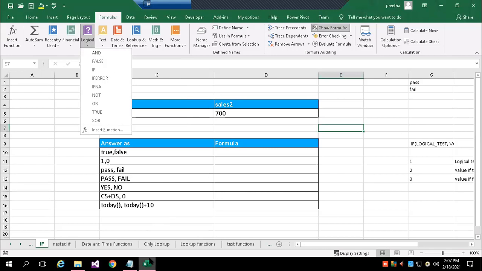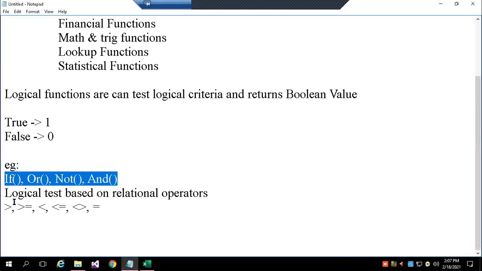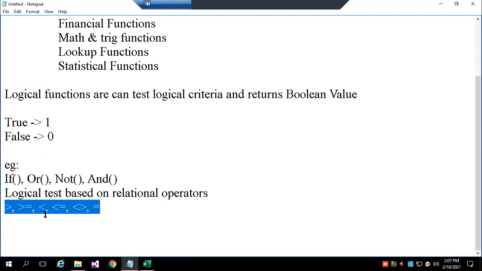Now, whenever I'm doing a logical test, I can compare a numerical value or a formula result. For comparison purposes, I have already introduced relational operators. These symbols are called relational operators: greater than or equal to, less than or equal to, less than, greater than.